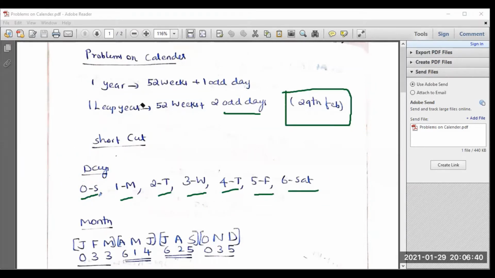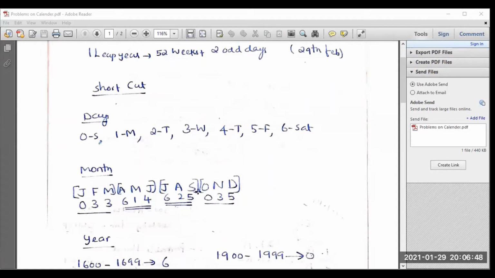Clear? Now regarding the month, for month also you have to generate some code. Very simple. Actually, 12 months in a year. What you can do is, you can call the first letter like J for January, F for February, M for March, A for April, M for May, J for June, another J for July, August, September, October, November, and December. So there are 12 letters. You are going to divide 12 letters into 4 segments, I mean 4 groups. Group 1, Group 2, Group 3, Group 4.